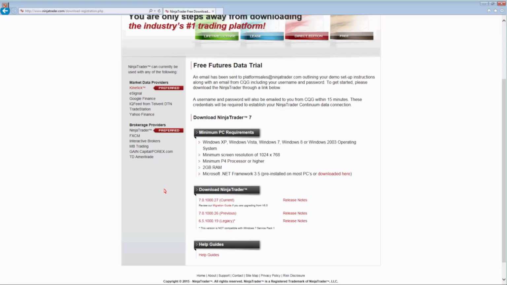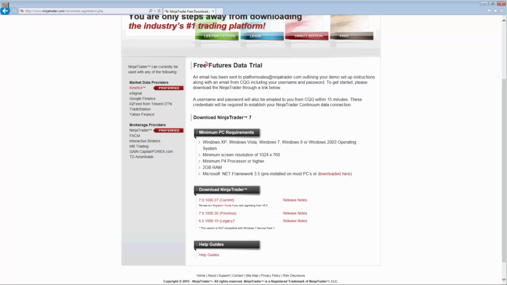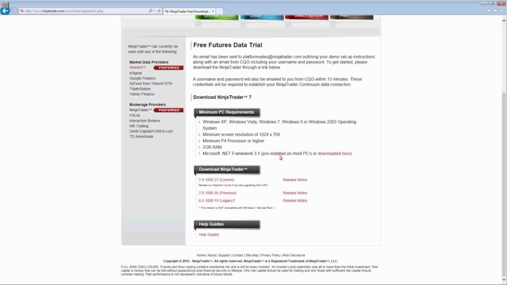Okay, so now it's going to take you to the next page, and it's going to tell you that your free futures data trial has been sent. And so that's the very top. Again, you are going to want to make sure that you put in your valid email address because all of that information is going to be sent to you. And we'll show you what those emails look like in just one moment. For now, we're just going to get started